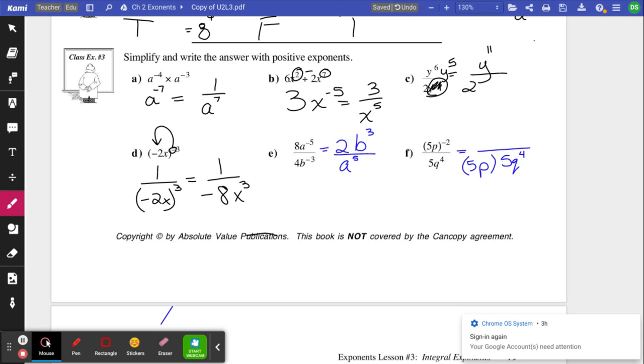Put it in the parentheses, and we need to include the 2 with it. We haven't dealt with that yet. Put a big 1 over it. So we just take the stuff that has a negative exponent and we put it downstairs. Now we have some work. What can we do? We can actually square that 5, correct. So we'll copy that down. 5 squared is 25, p squared, and then